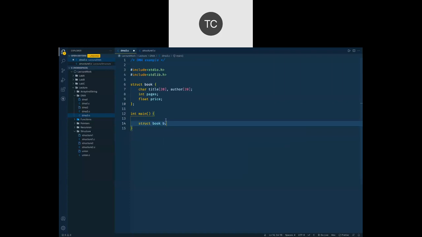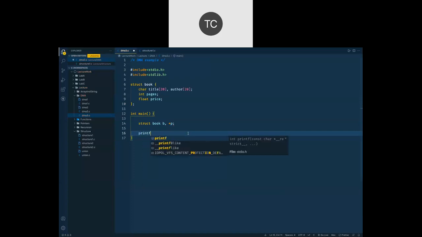Now when I declare a variable this way, this is static variable declaration, meaning static memory allocation, and the total size of this structure will be allocated to me, labeled as B. But I don't want to go for it, and let me show you the difference between B and a star pointer P. So first of all, let us check it out.